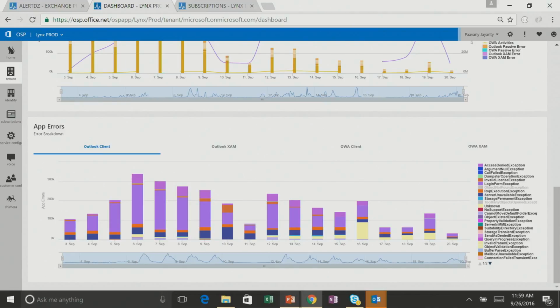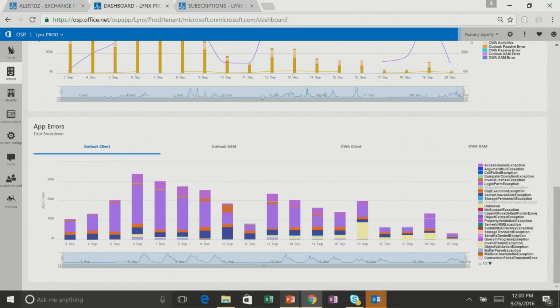An example over here, this chart shows you a set of client-side errors that we gather. We'll walk through an example. Let's pick on the dumpster operation exception, and some of you may be able to relate to this. This is engineering speak for users hitting mailbox storage limits. Another one that you would resonate to is the invalid license exception. We all know license management is messy, and we feel the pain too. That points to a bunch of users possibly logging in with invalid licenses, expired licenses, etc.